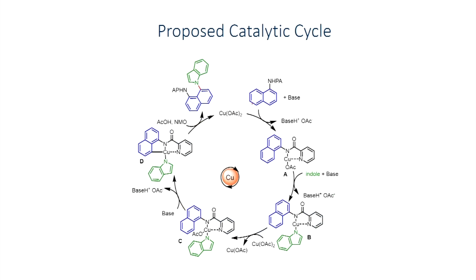The reaction pathway of this transformation is shown here. As we have just seen, in the presence of base and copper acetate, you will be able to form this intermediate. Once you form this one, you can lose one molecule of cesium acetate and then form this intermediate. Once you form this one, it can further react with the indole. With the base, you can have this intermediate, this is copper 2.